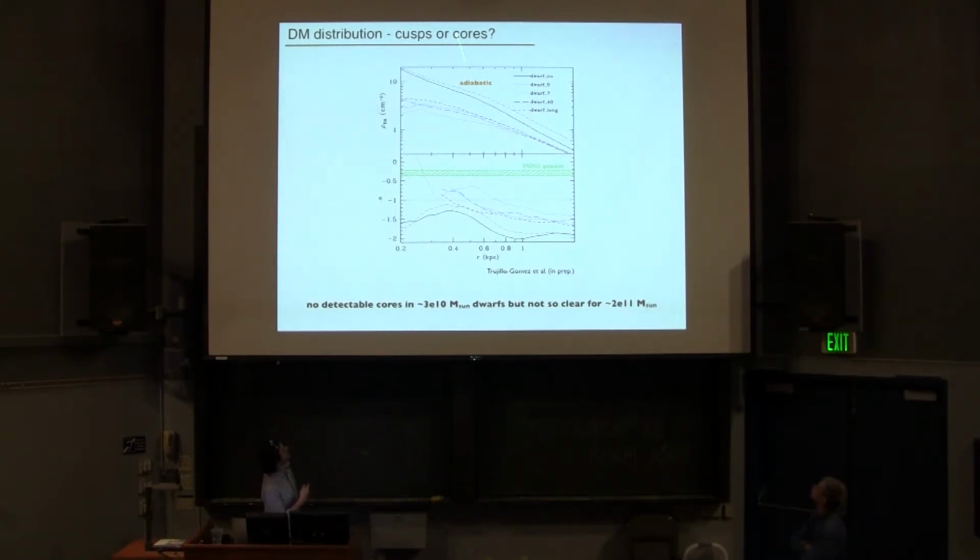So here you see a comparison with the adiabatic case, which is the profile that you expect to see without baryons. And here I'm plotting only to the radius at which you're supposed to resolve the density profile. Within that radius, you don't see any indication of a slope that's any shallower than -1, which is the NFW slope. So for dwarfs, we don't have cores, but perhaps for more massive galaxies, I'm not showing that plot here because it's preliminary, we might see an indication of cores. So these results are in contrast with what supernova feedback simulations have been saying.